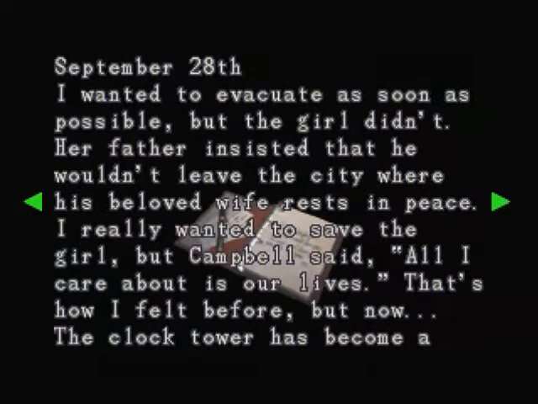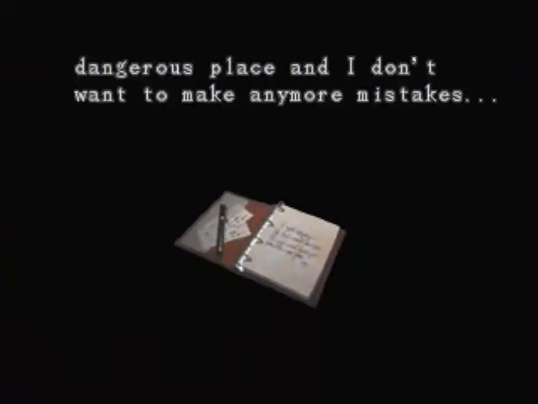September 28th. I wanted to evacuate as soon as possible, but the girl didn't. Her father insisted that he wouldn't leave the city where his beloved wife rests in peace. I really wanted to save the girl, but Campbell said all I care about is our lives. That's how I felt before, but now the clock tower has become a dangerous place and I don't want to